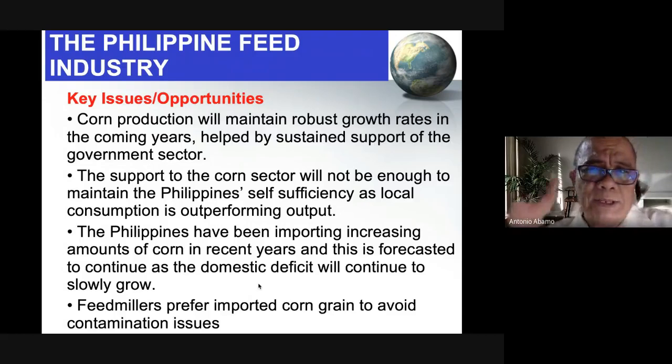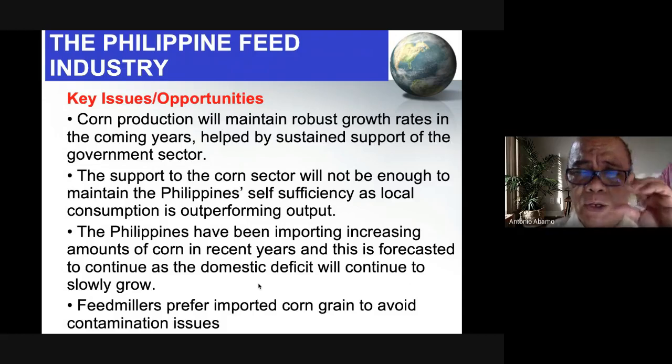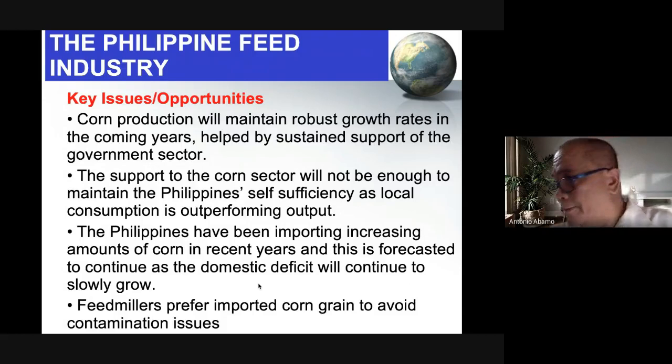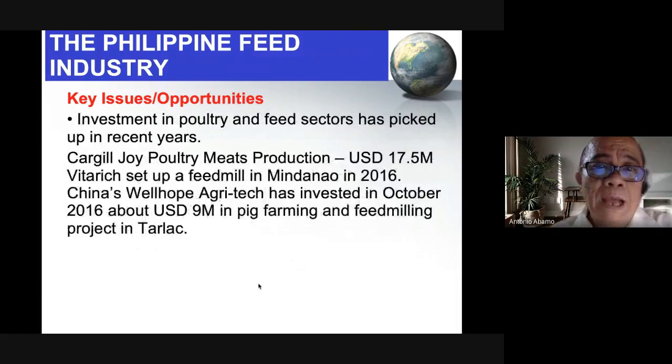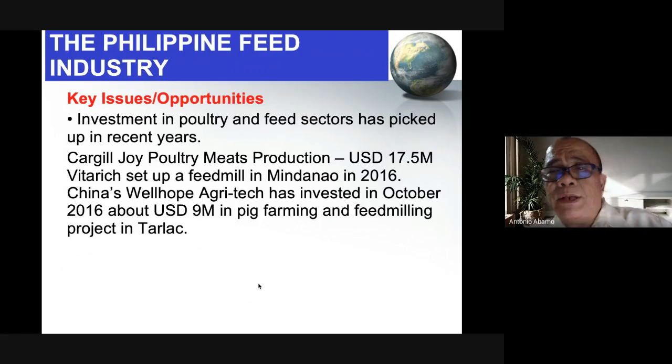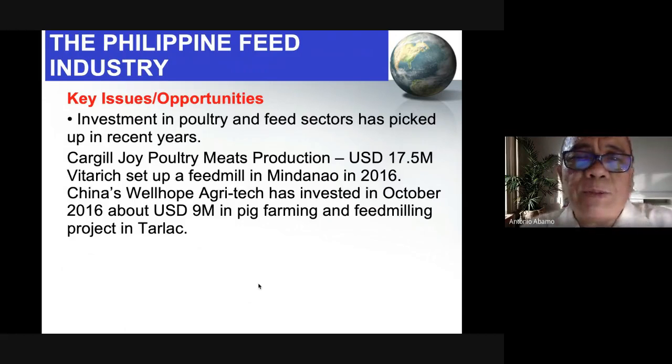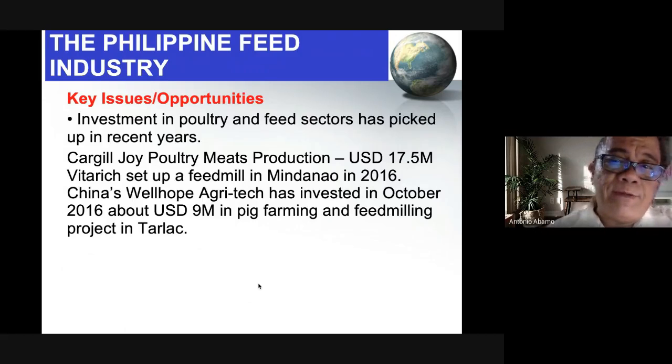No, so these are issues we can consider as an opportunity, because there is a huge excess demand for corn in the Philippines. No? Now, another is investment in poultry and feed sector has picked up in recent years. So that means when there is an increase in demand for feeds brought about by poultry, the feed sector will always benefit on that, because the poultry industry is a huge consumer of the feeds that we have in the Philippines. Okay,